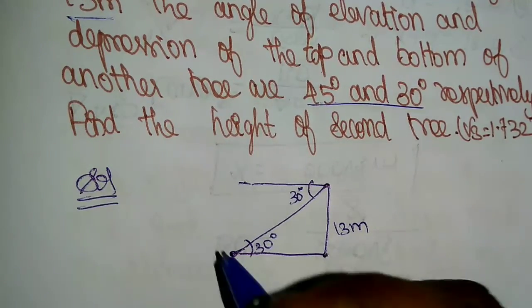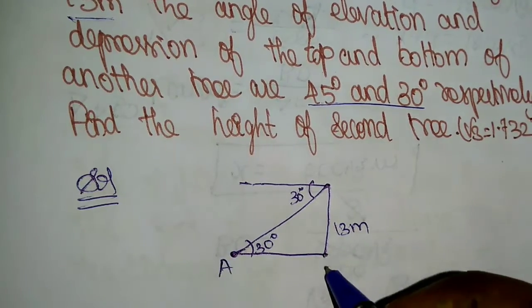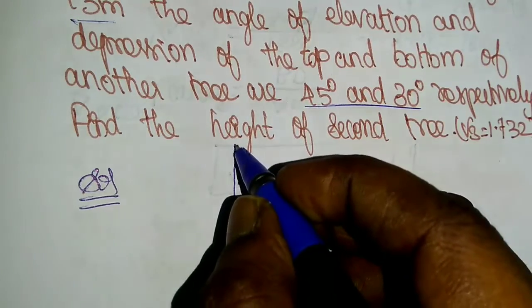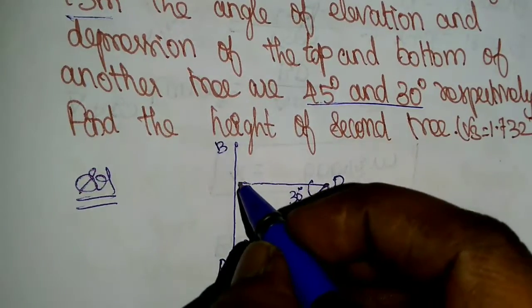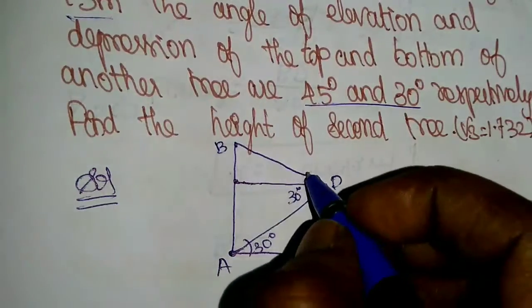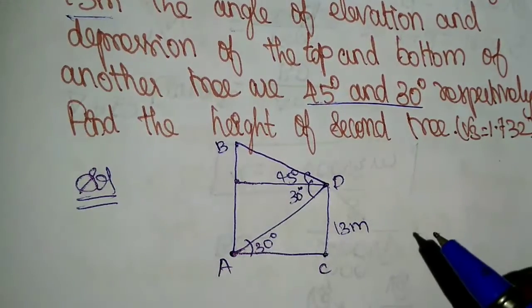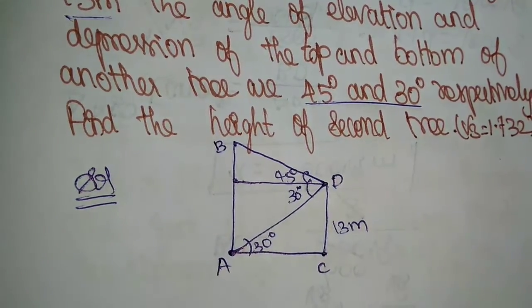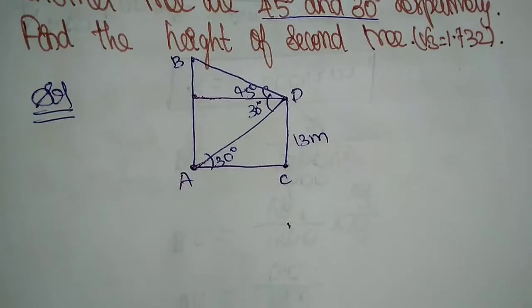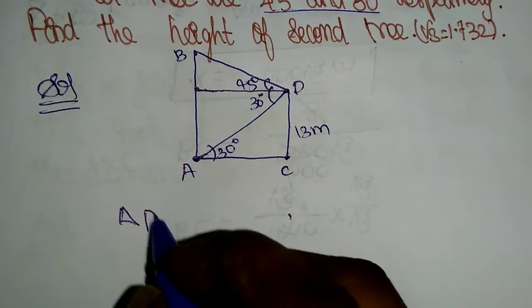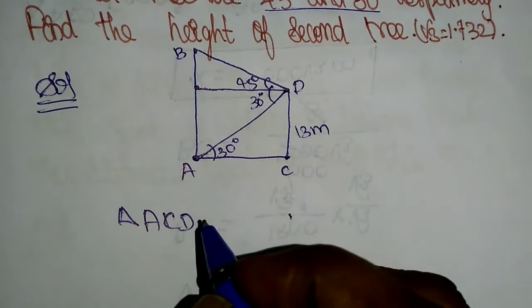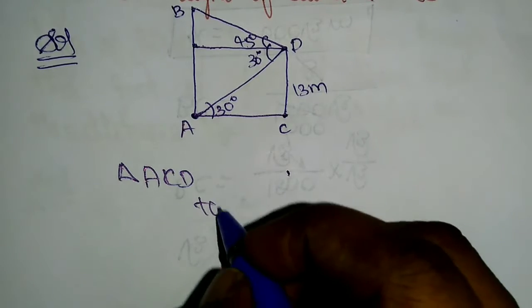Okay, it is A, it is C, and this is D. Here the height of the tree is B. From this the angle of elevation is 45 degree. So from the triangle